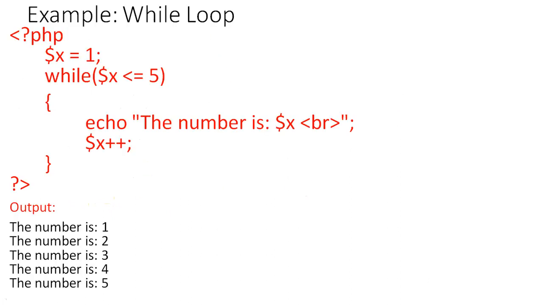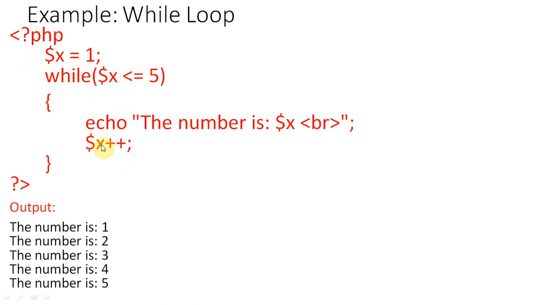Now I am showing you the while loop. In PHP, the while loop is the same as the while loop of C or Java, so you can understand this program very easily. Here the program is started by less than question mark PHP, and we have the first variable $x equals 1, so 1 is stored in the X variable. The loop we have mentioned here is a while loop. This loop will run up to 5, so we have mentioned $x less than or equal to 5. So 5 times it will execute.